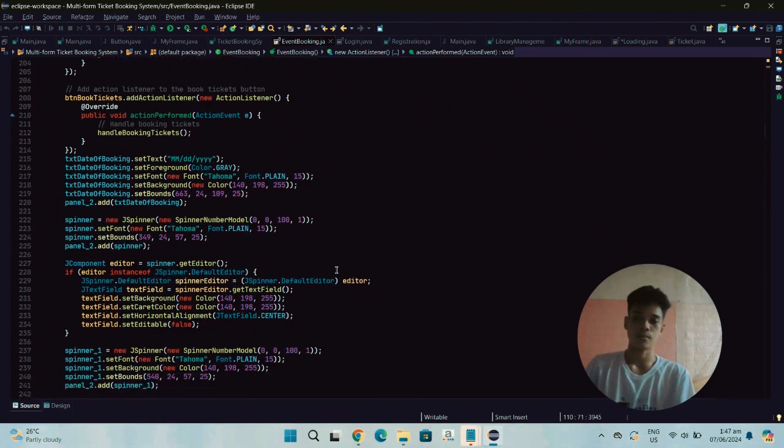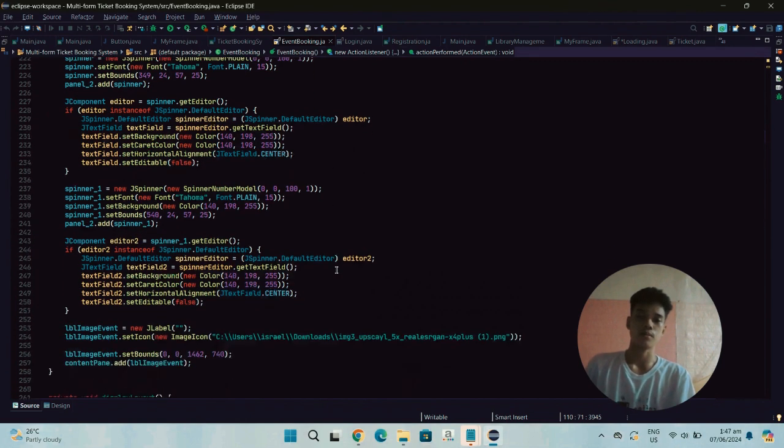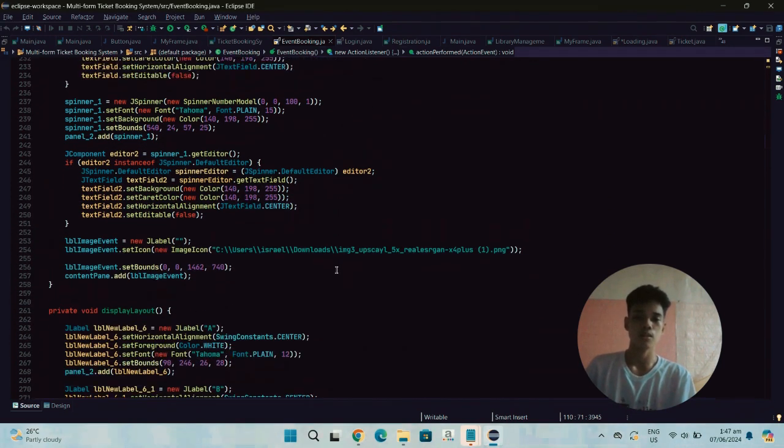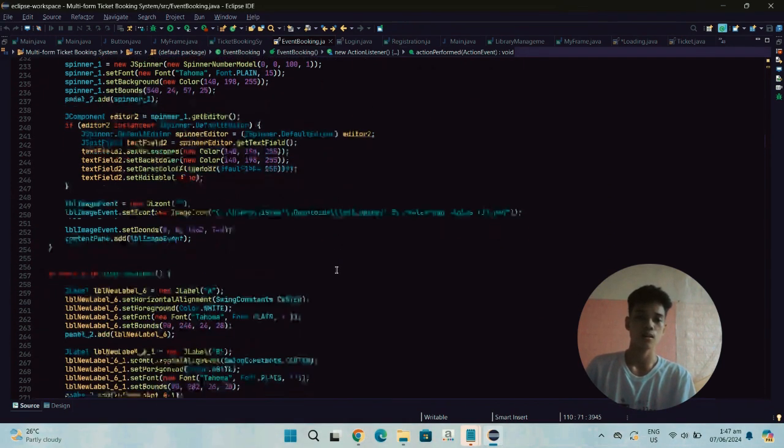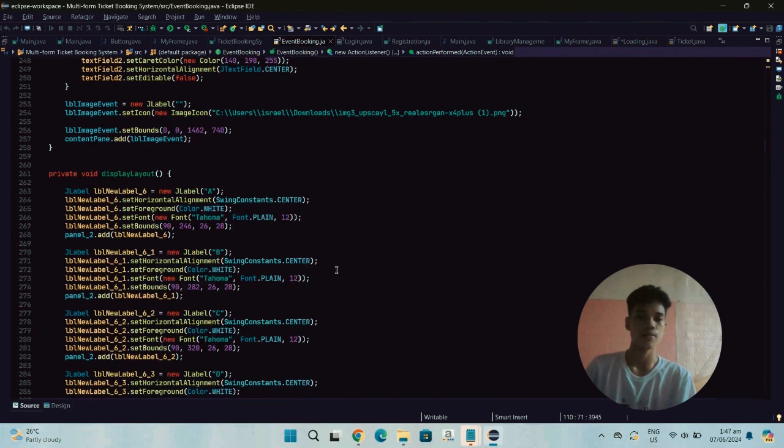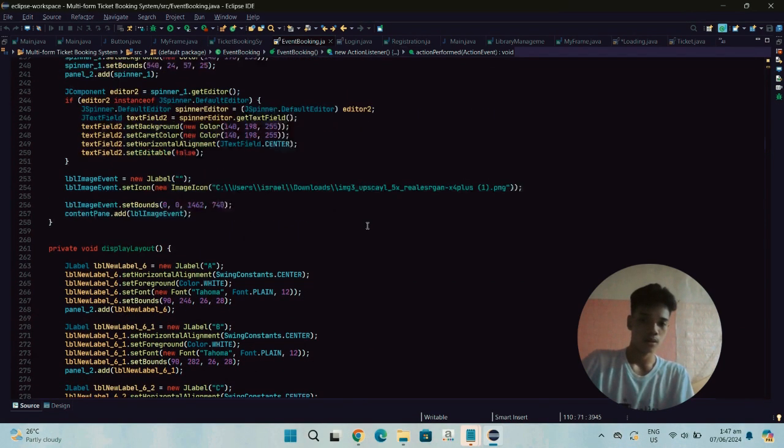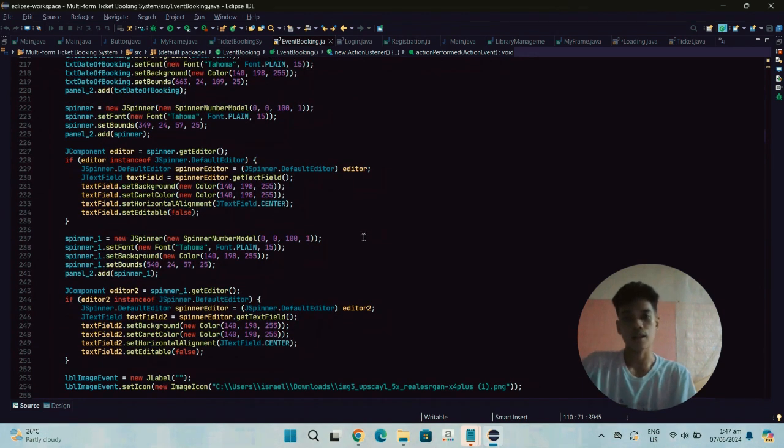Good day, everyone. I'm going to present the event booking frame. So this EventBooking class, which extends the JFrame, creates a graphical user interface for booking event tickets.